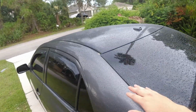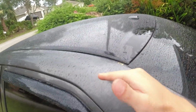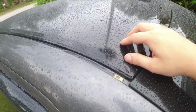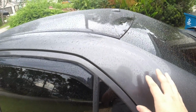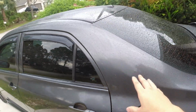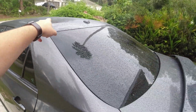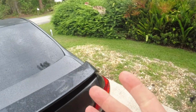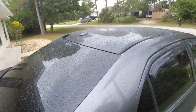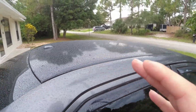Next one would be vinyl wrapping your roof. Right now the sun's not out to complement these two, but this is a gloss black and I have the Magnetic Gray, I think, from Toyota. So this is just a gray color and I have gloss black on the roof. The gloss black roof wrap, if you do it yourself, you can get for like $90 off of Amazon. And usually if you do it properly and order the right amount, you'll have just enough to also